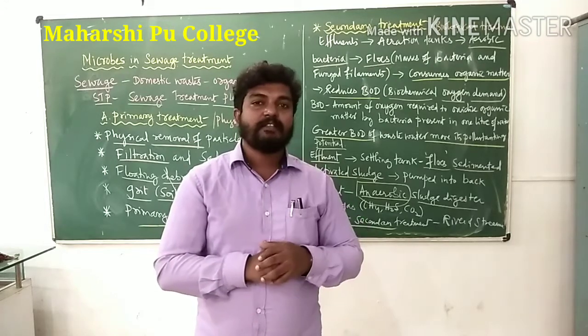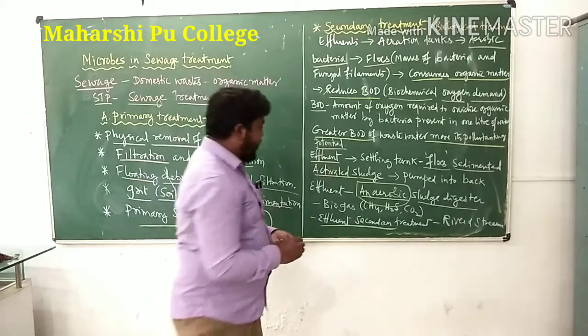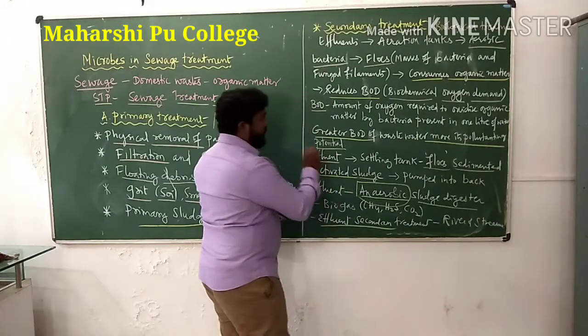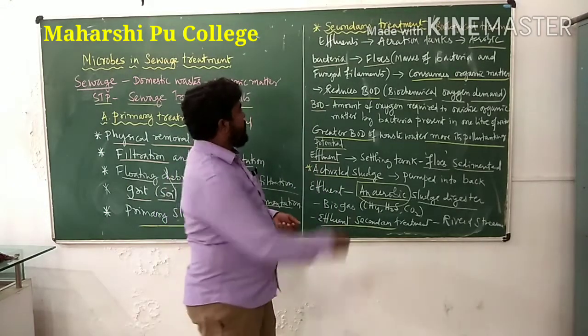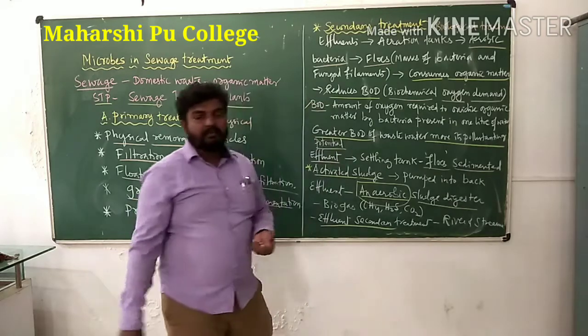ಇದು 5 marks ಗೆ ಬರುತ್ತೆ, ನೆನಪಿಟ್ಕೊಳ್ಳಿ. ಜೊತೆಗೆ ಆಕ್ಟಿವೇಟೆಡ್ ಸ್ಲಡ್ಜ್ ಒಂದು, ಮತ್ತೆ ಡೆಫಿನೇಷನ್ ಆಫ್ BOD ಎರಡು ಬರ್ತಾ ಹೋಗುತ್ತೆ. And